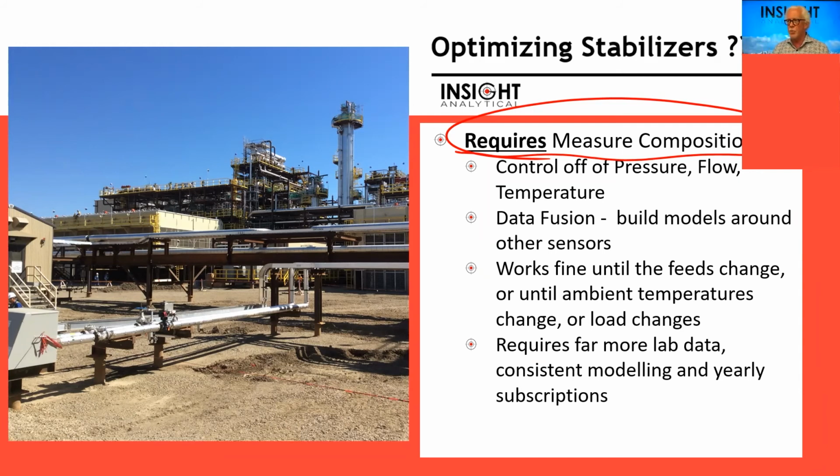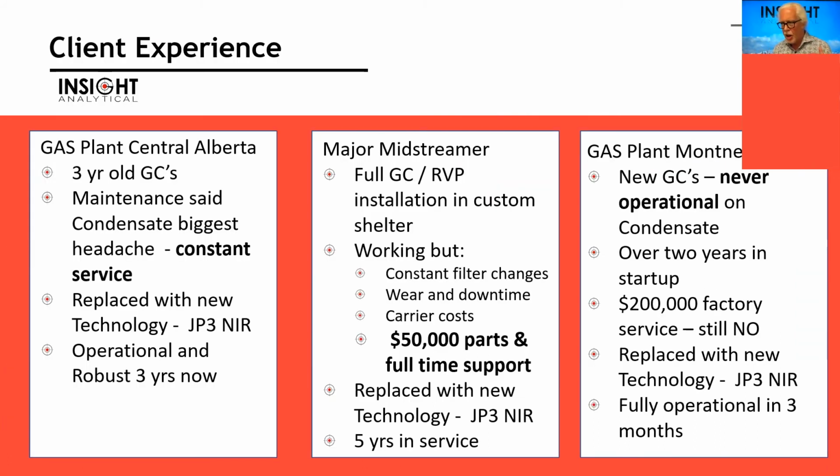And we've proven this works across multiple facilities. A major midstream producer, almost every drop of condensate that moves through Canada touches these people's pipelines. They had a full gas chromatograph online vapor pressure analyzer. Extremely well done systems integration, big custom shelter, redundant filtration, all kinds of things to keep it up and running. They'd had it running for years and they came to us and said, "We want to try another analyzer on here because while what we're doing works,